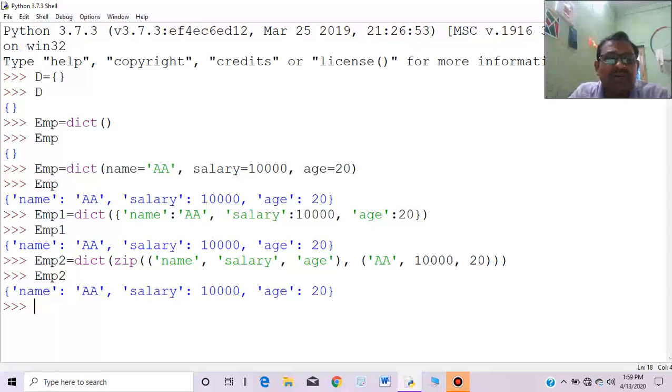By using the second version, it will create in this form: key is equal to value, comma key is equal to value, comma key is equal to value. And this is our traditional form, and this is by using the zip function. So there are these ways we can create a dictionary.